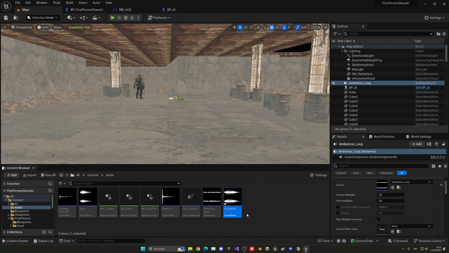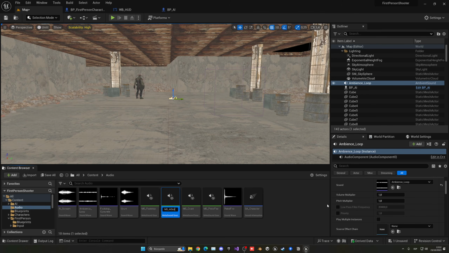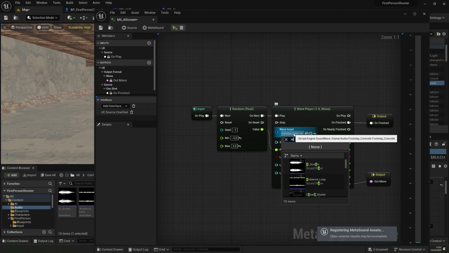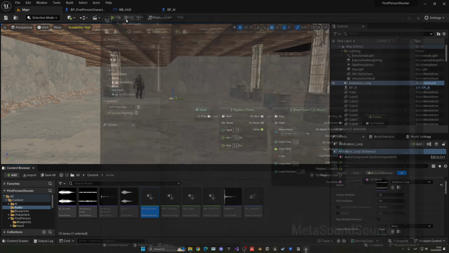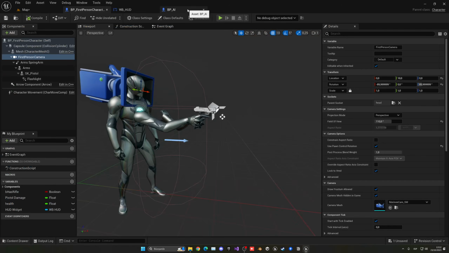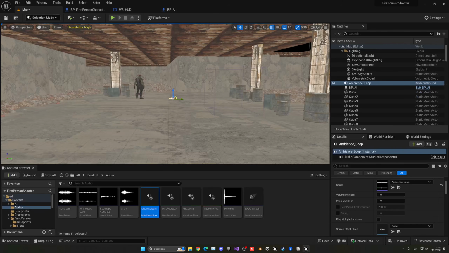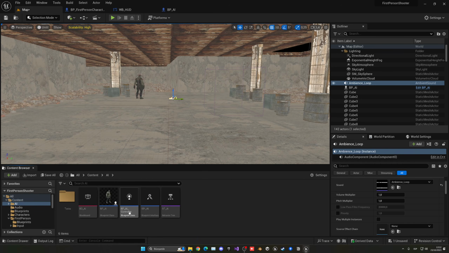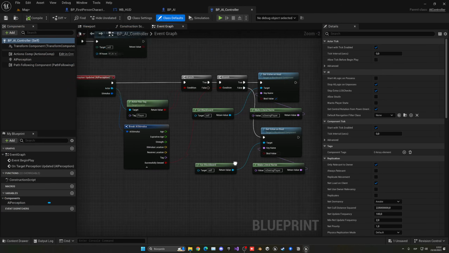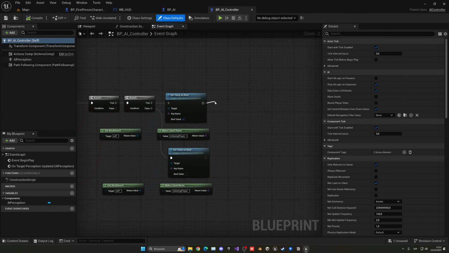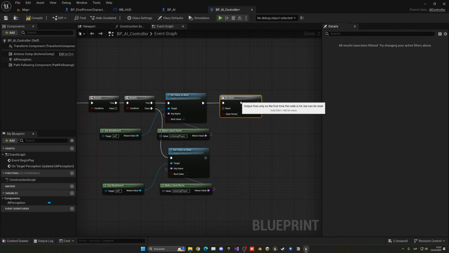And then the AI scream, well, I have to basically just duplicate the meta sound, so it will be different every time. Once again, so let's quickly do this, and it will be AI scream. I know how to type. There we go. Now I'm going to put the AI scream here, and whenever the AI sees the player, I am going to do so, which will be on the AI perception AI controller. So on here I'm going to do this, do once, and